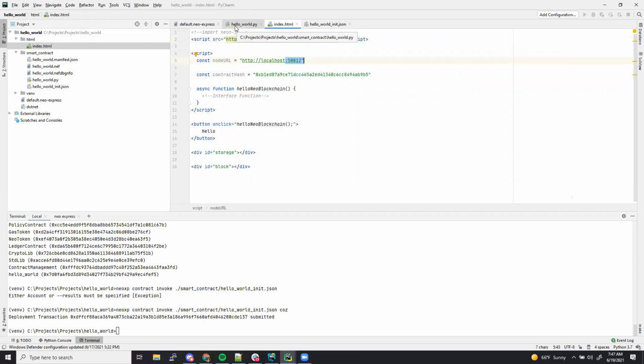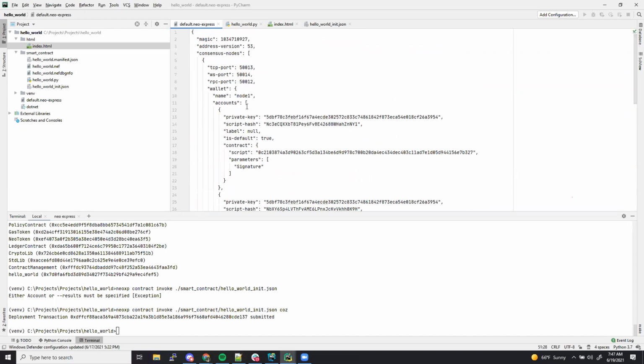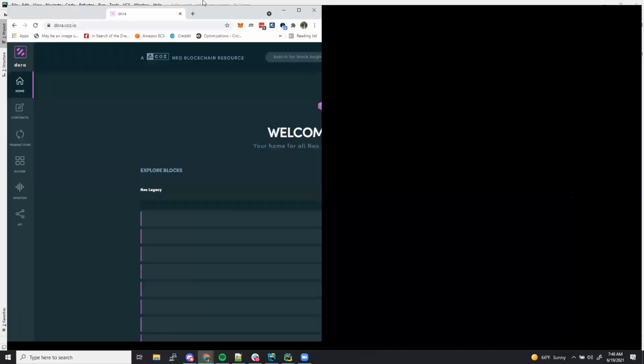This is that RPC port. So depending on the tool that you're using, for example, if you're using NeoMamba, which is our Python SDK, you're going to be communicating both on RPC and TCP. For most interfacing, especially if you're building a dApp, you're probably going to be using this RPC port here. And for information on that, as we go into testnet, you can actually go to, we have a monitor set up on Dora,